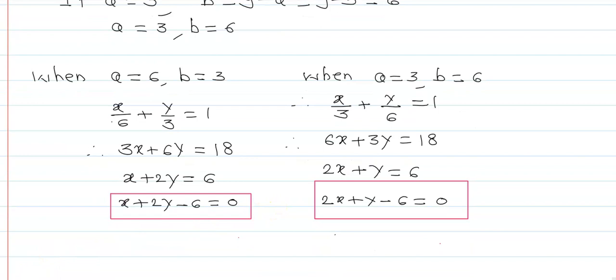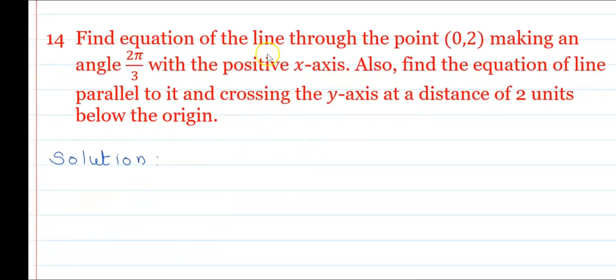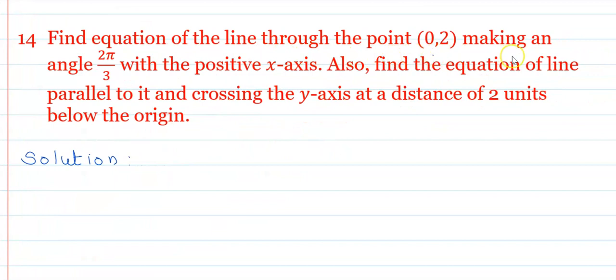Now the next question. Find the equation of the line through the point 0, 2, making an angle 2 pi by 3 with the positive x-axis. Also find the equation of the line parallel to it and crossing the y-axis at a distance of 2 units below the origin. Now, in the first case, given line